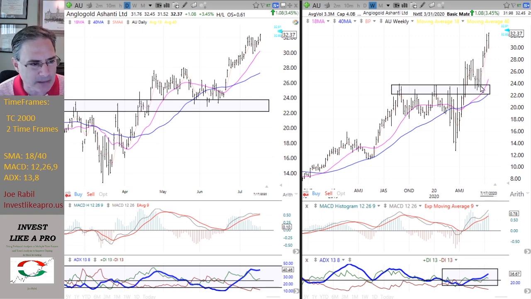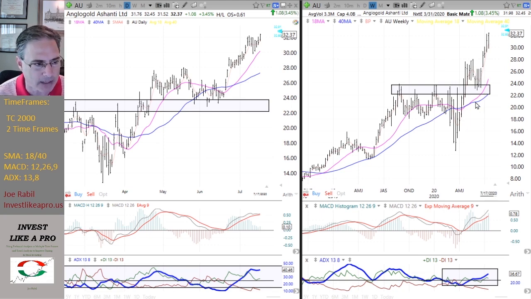And then when we got the pullback on the weekly and it came down to support, notice how the ADX line did not turn down. It either stabilizes here or it keeps rising. And when that takes place, it starts to highlight for me, okay, this is a stock I want to look at